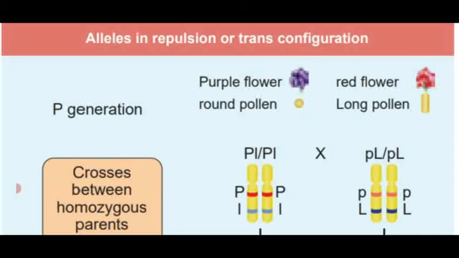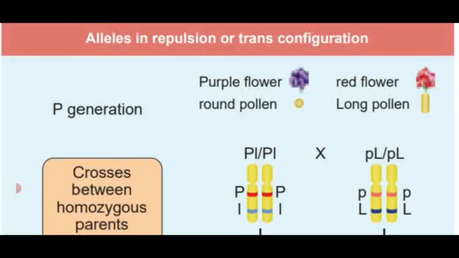There we saw inherit together: the two come together and are located in the same gamete. That is coupling. In coupling, they always come together and never separate. But in repulsion they are separated. That means they inherit apart, separated, and they are exhibited in different gametes, not in the same gamete.